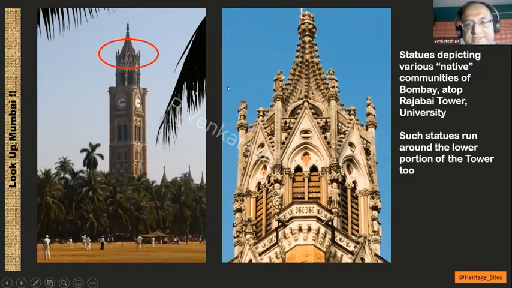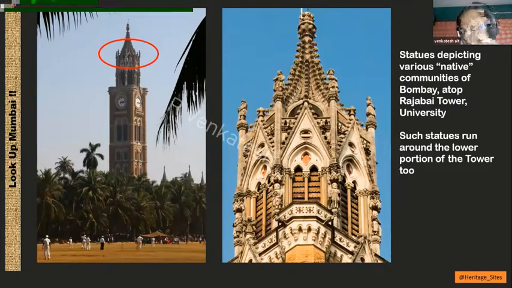So these natives here are very, very important. I think there are 24 statues like this all around. This is a close-up which I've taken of the topmost. You can see 8 of them here. Now, why these are important, we need to understand Mumbai University was set up because of both the